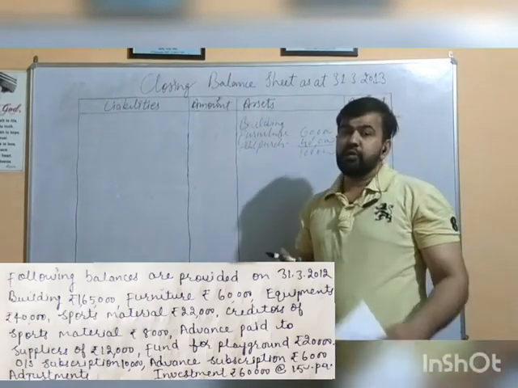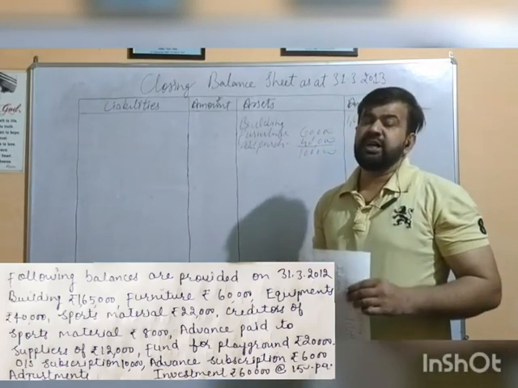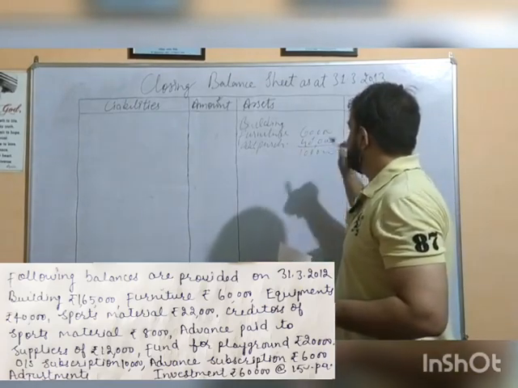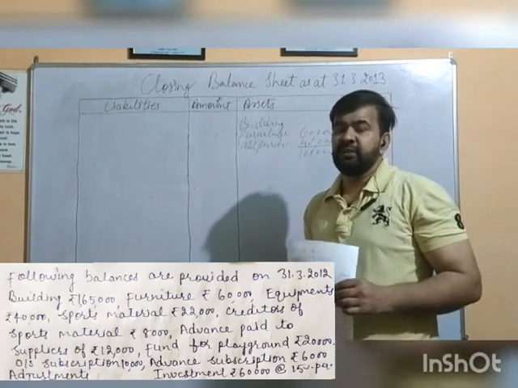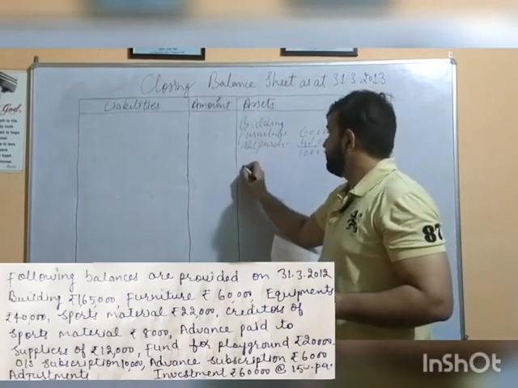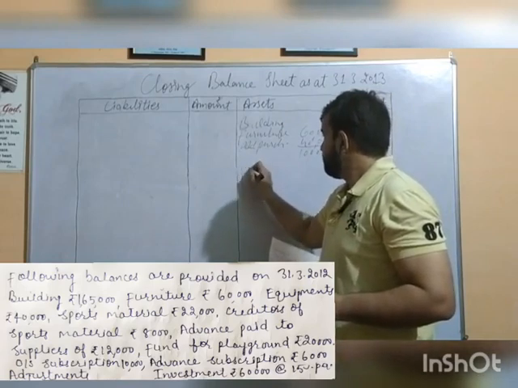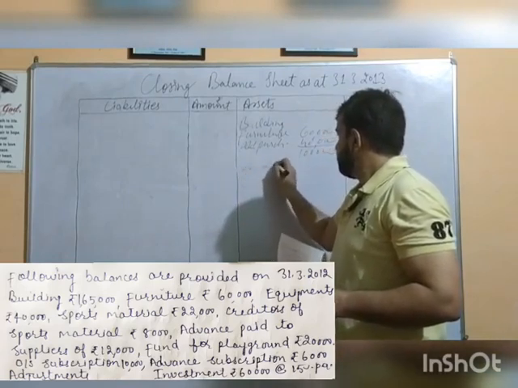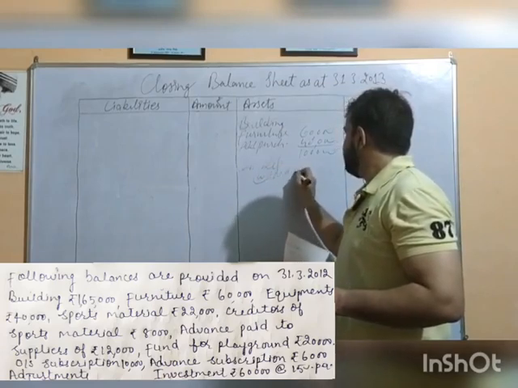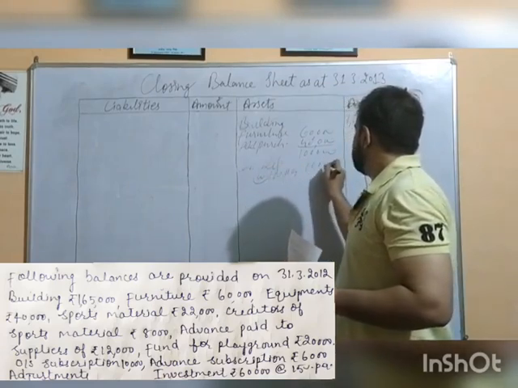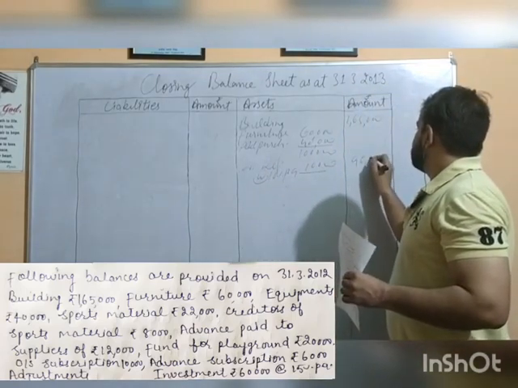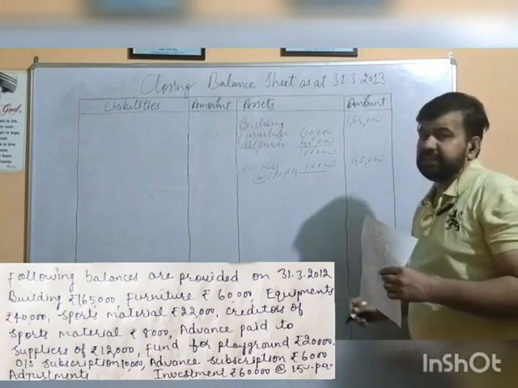But we are also asked to charge 10% depreciation on furniture. Since the additional furniture was purchased in the beginning of the year itself, we are to provide a complete year's depreciation on it as well. Less depreciation at 10% per annum, that is rupees 10,000 on rupees 1 lakh. We are left with furniture of rupees 90,000 at the end of the year.